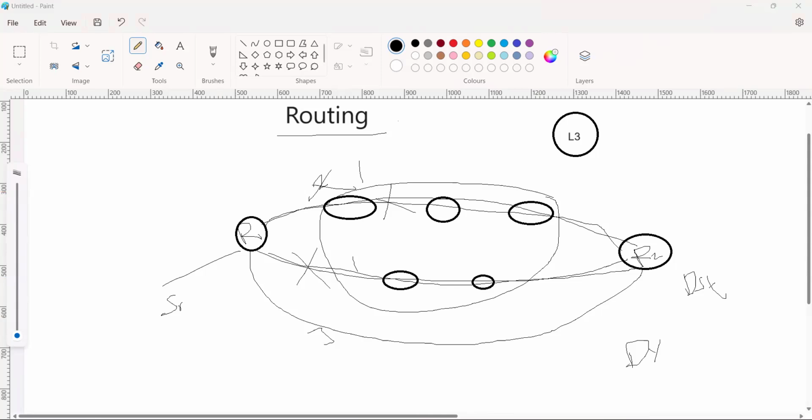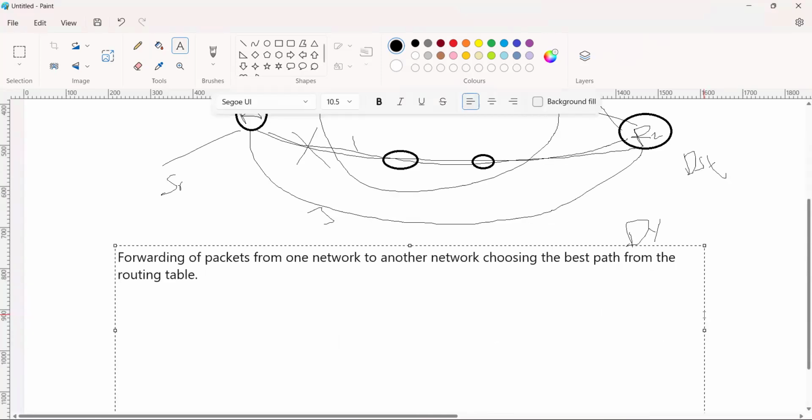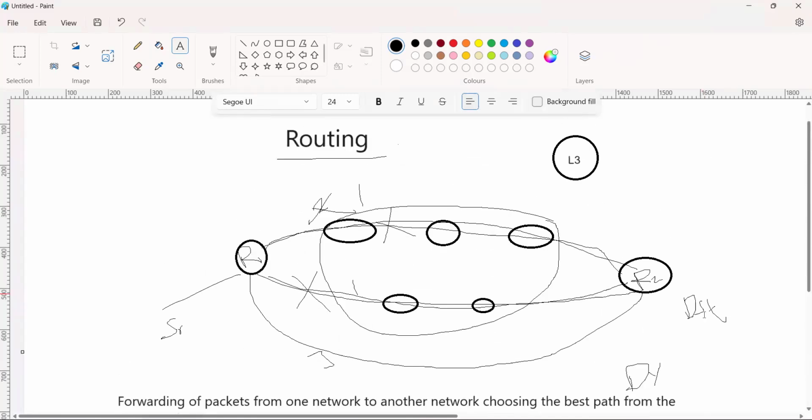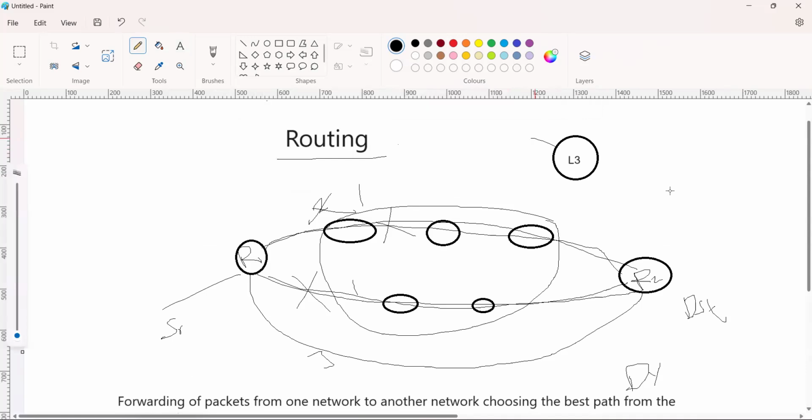So here, forwarding of packets from one network to another network happens by choosing the best path from the routing table. See, every router, every L3 device, will maintain the routing table. So a router will work between two or more networks. Yesterday we discussed it: if this is a different network, and this one a different network, and this one is a different network,